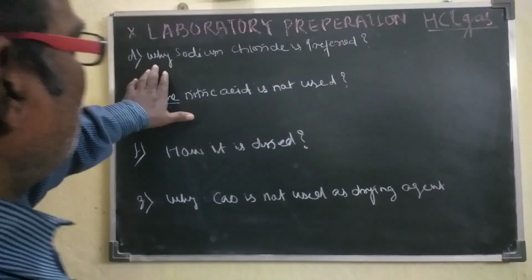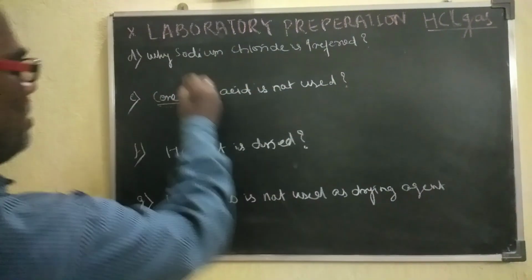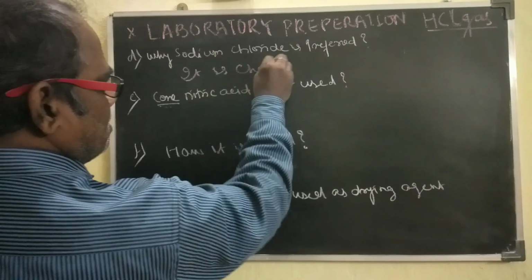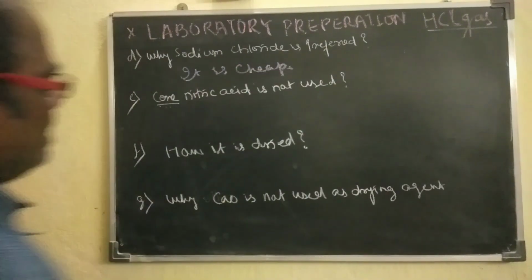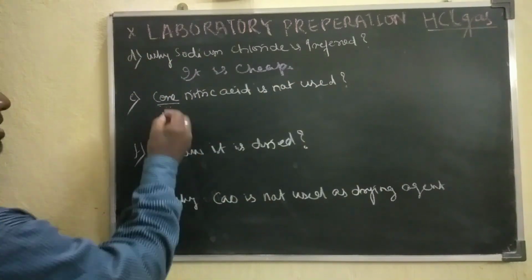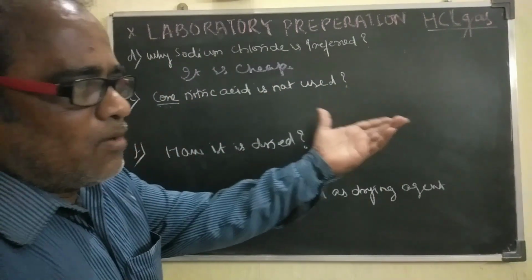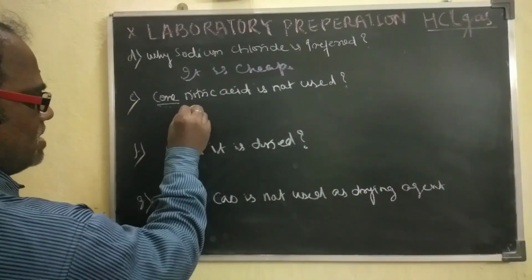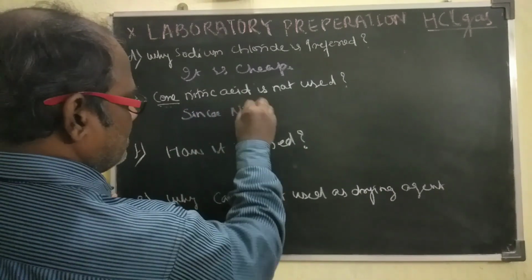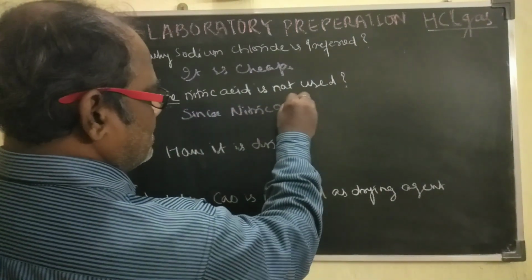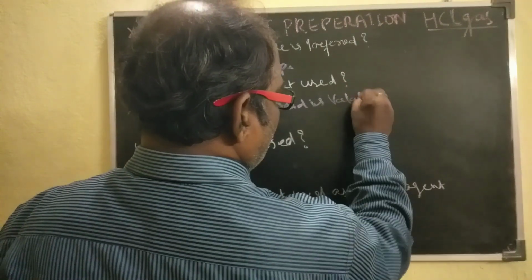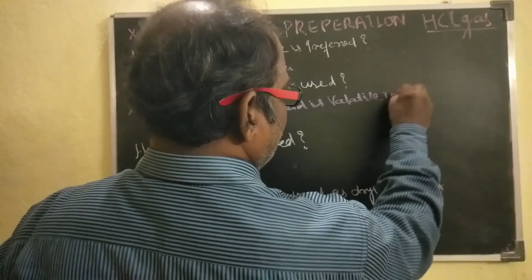Question number D. Why sodium chloride is preferred? Because it is cheap. Next, concentrated nitric acid is not used. We know that concentrated nitric acid is volatile in nature. So you can write here as, since nitric acid is volatile in nature,